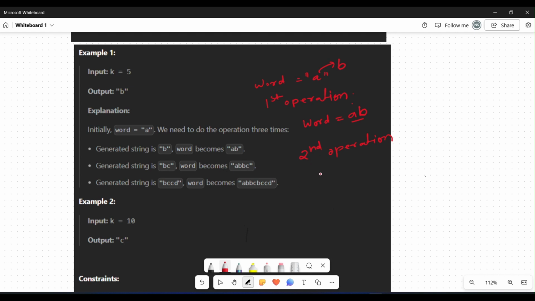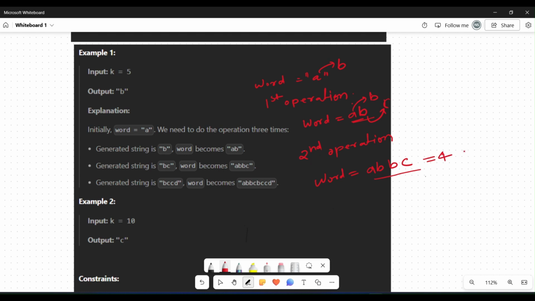In the second operation, the original word is AB. The next character of A is B, and the next character of B is C. So the modified word is my original word AB plus the next letters, B and C. So the length of the word is 4.